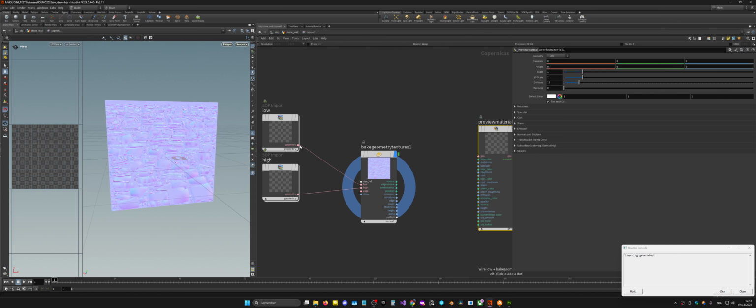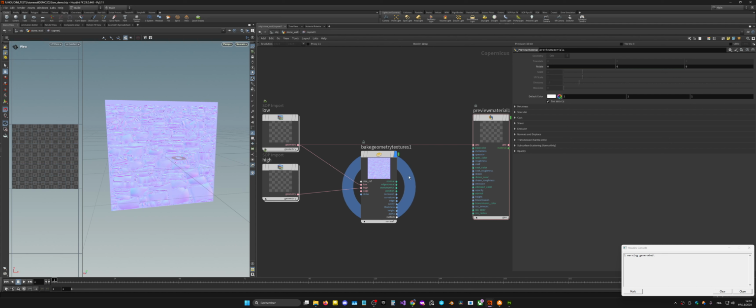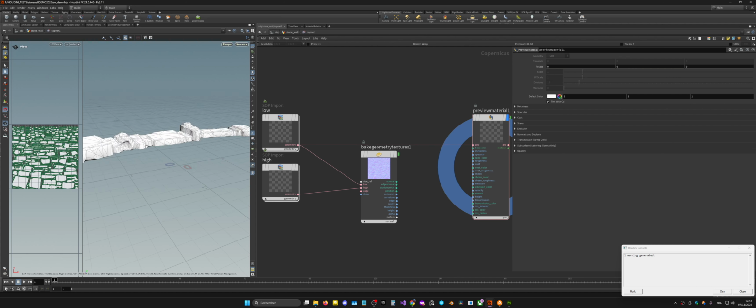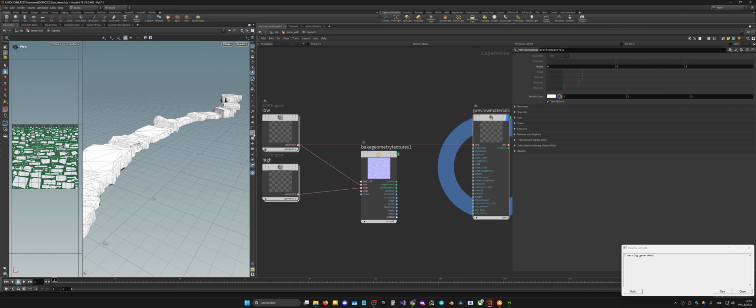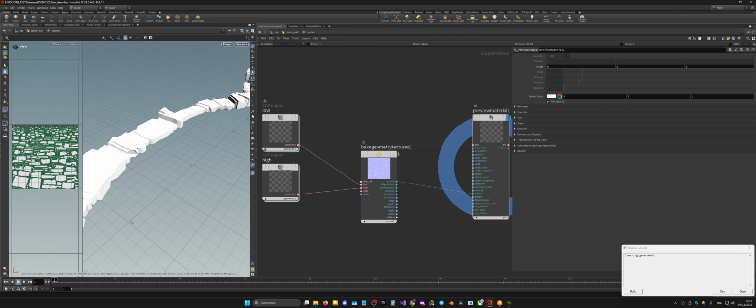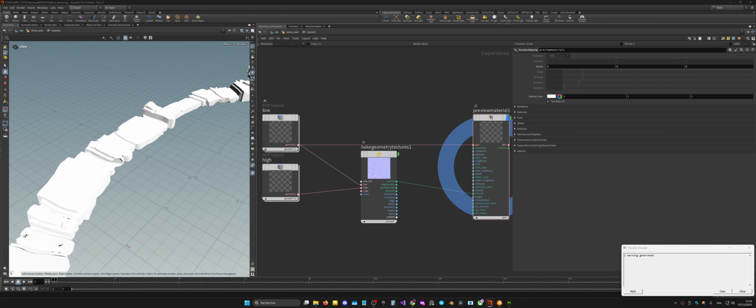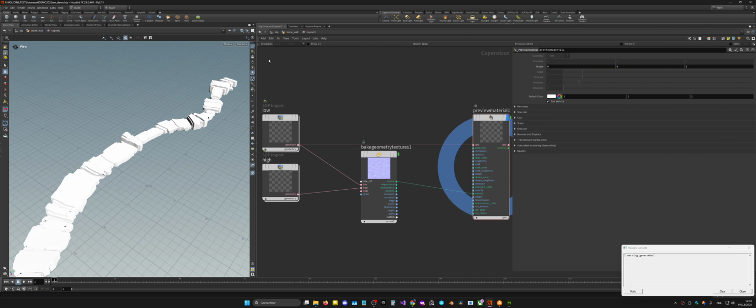I want to preview on my low polygon, that is the geometry. I want to check the model, but displaying it with my baked normal. The normal now goes in the normal slot, and as you can see, you can see nothing because the viewport is not lit